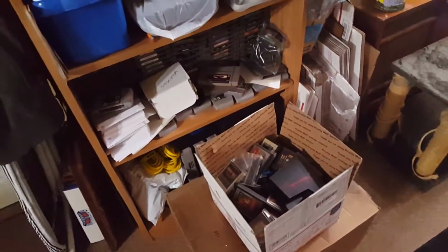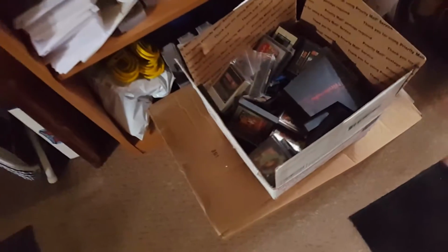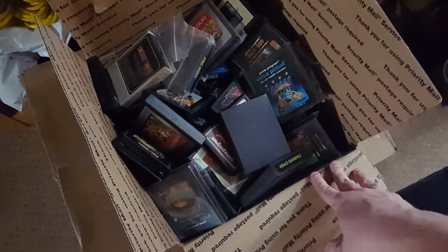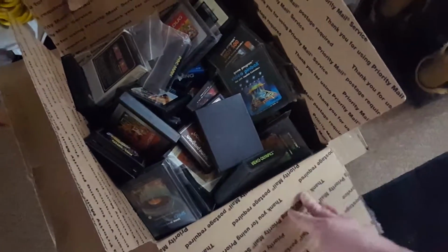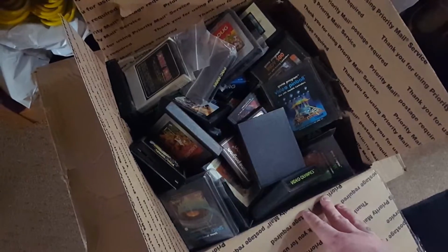But anyways, like I said, this is a hybrid area where I bundle a lot of things. This I just got in from eBay. This is a huge lot of Atari games. I actually paid like $44 for this. It was 60 games. Included were Mario Brothers and Pressure Cooker, some more high-end games,